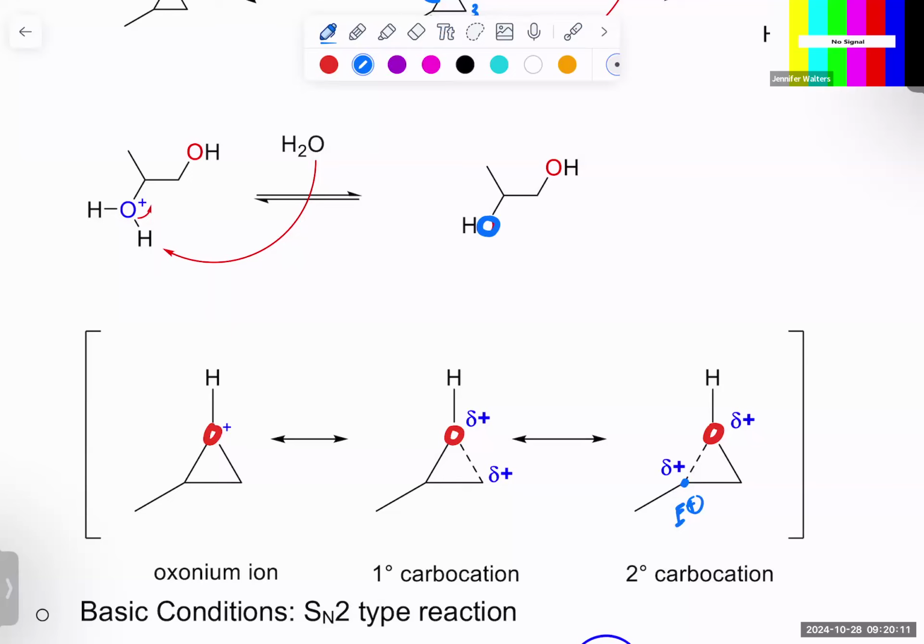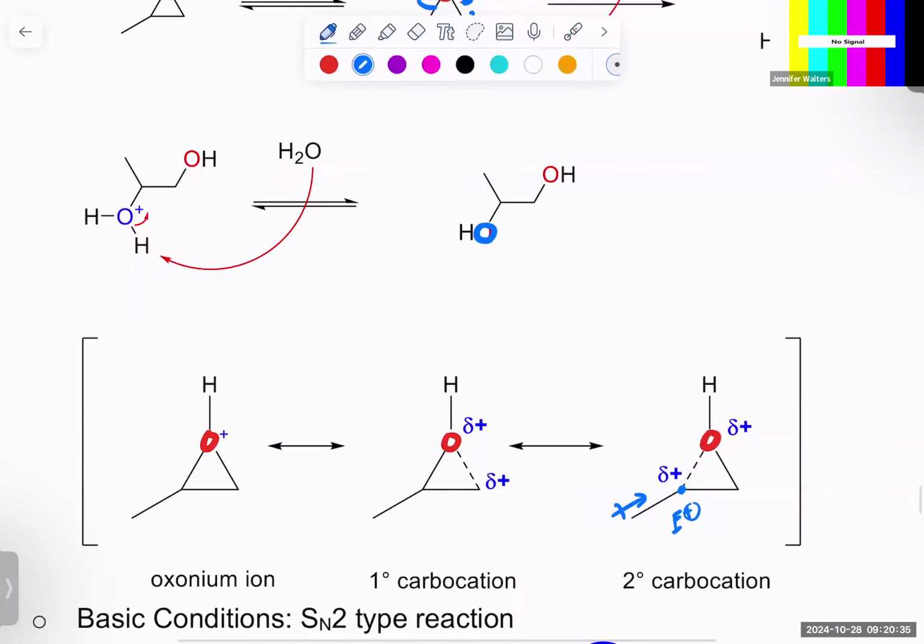But what's actually happening is that carbon is an electron donating group. So that carbon is pushing electron density in. When it pushes electron density in on the left-hand side, it's going to push that oxygen out a little bit. What that's doing is lengthening that carbon-oxygen bond. So this bond is longer